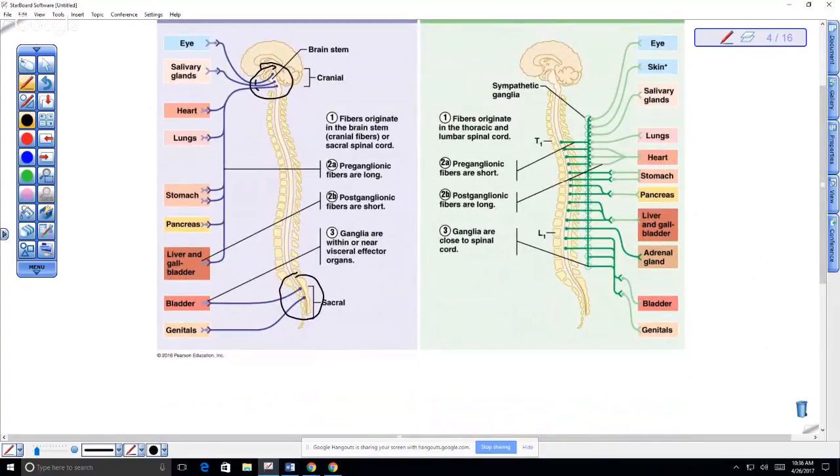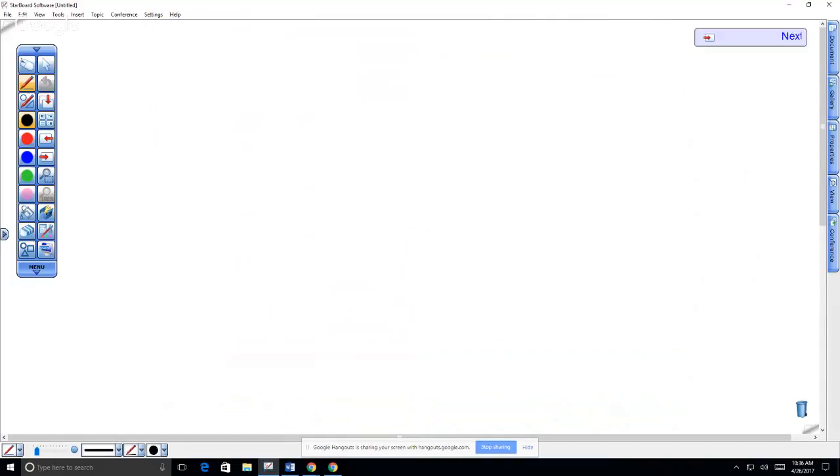So notice that this is completely the opposite in the sympathetic division. So there's no cranial nerves that are sympathetic, but rather all of the spinal nerves that are part of the sympathetic division come off the thoracic and the lumbar region of the spinal cord. And then you can see that these are the ganglia, and they run parallel to the spinal cord, right? So short preganglionic axons, and long postganglionic axons. Okay, so let's look specifically at the parasympathetic, okay?